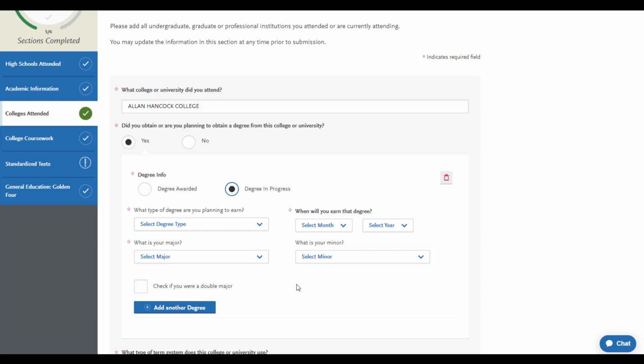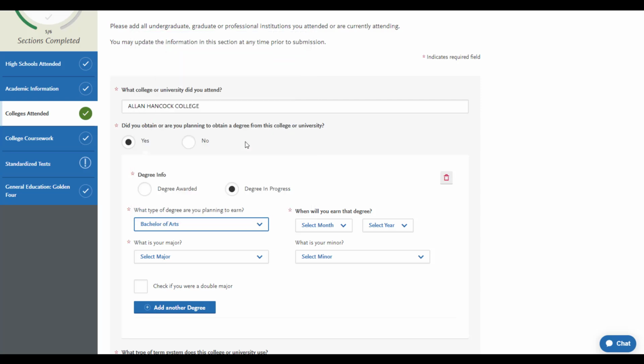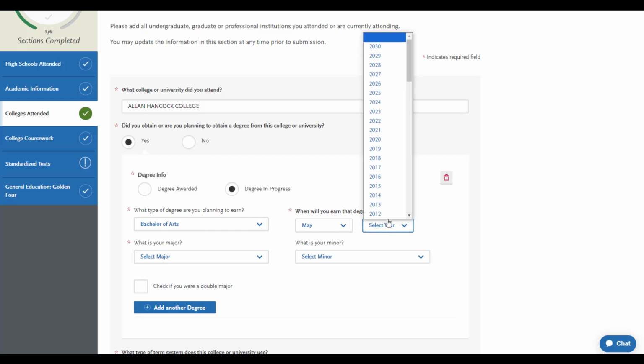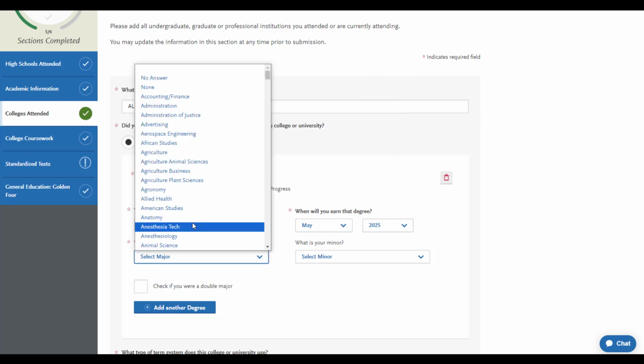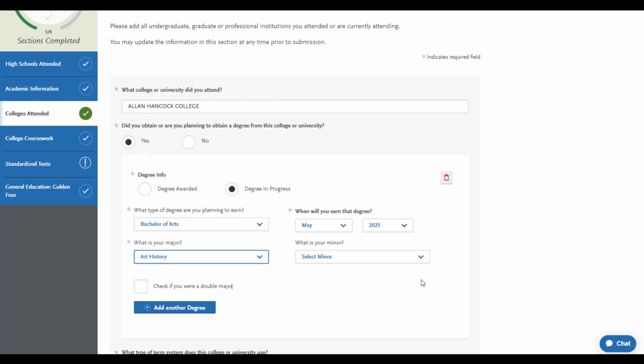So for transfer students, if you are pursuing an associate's degree of any sort, you would say, degree in progress or awarded, and answer these questions. There's plenty of options to find the degree that best describes what you have already completed. So you'll answer all of the questions accordingly. If you have multiple degrees, there is the option here to add a second degree and fill in all of